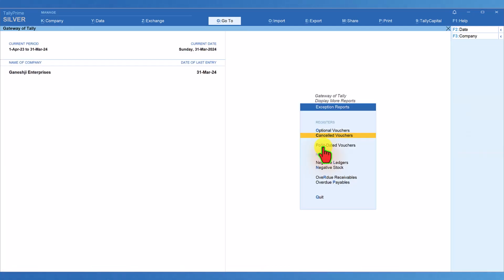The next report is post-dated vouchers. Tally again has a facility to capture any voucher with a date in the future, which means the date can be later than the current date of the company. For example, you receive a check from a customer which is post-dated. You need not wait till the post date mentioned on the check to record the transaction. Right away, you can capture the transaction